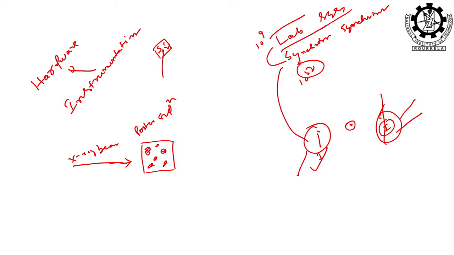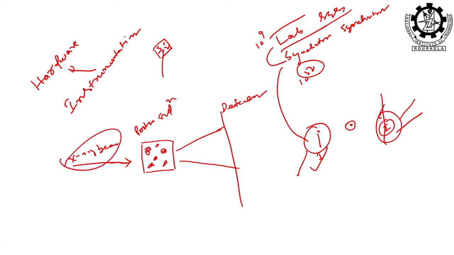The source is there, the protein solution is there, then obviously you will get the scattered data. Here the detector is there. This beam may be from a lab or from a synchrotron. In synchrotron there is small angle X-ray scattering, and in the lab also there is small angle scattering. It only depends on the X-ray beam, whether it is coming from the synchrotron or from a lab source. So you have to know very well whether it is a lab beam or a synchrotron beam.